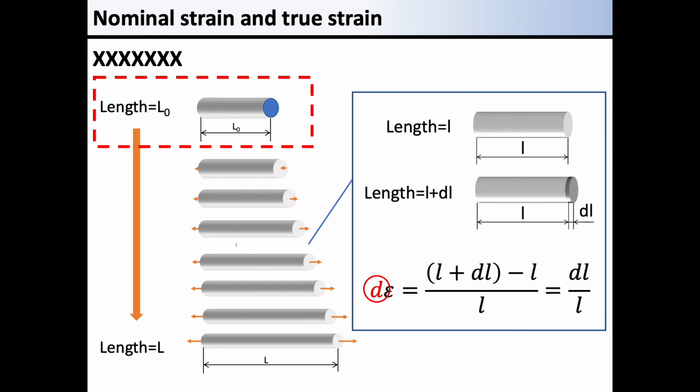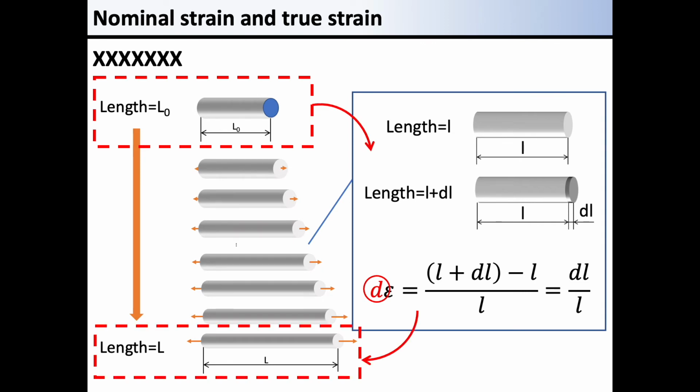You should notice that the original length of this bar is not L, but it is L0. This is the initial state in which no load is acting on the bar. From this initial state, we continue to stretch the bar. And then, the bar is now at the stage in the illustration. The bar in the argument is now in the state of length L. Then, what we want to calculate now is the strain at this stage.